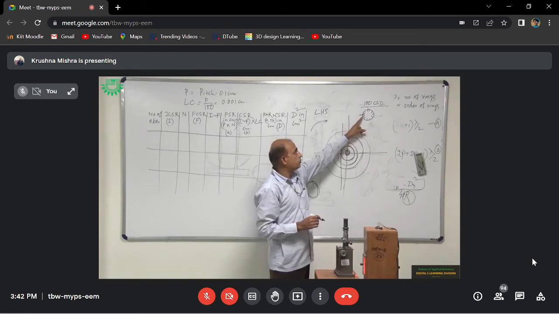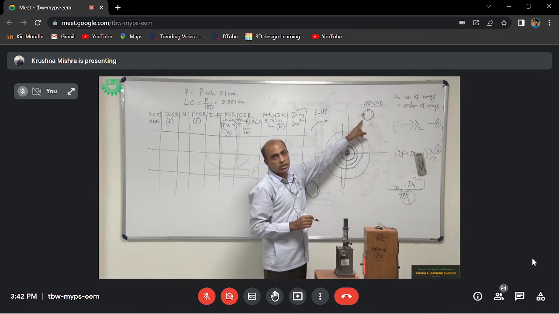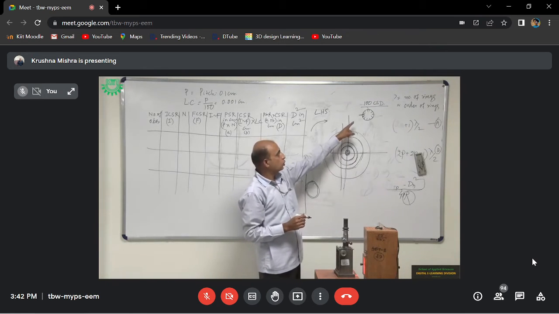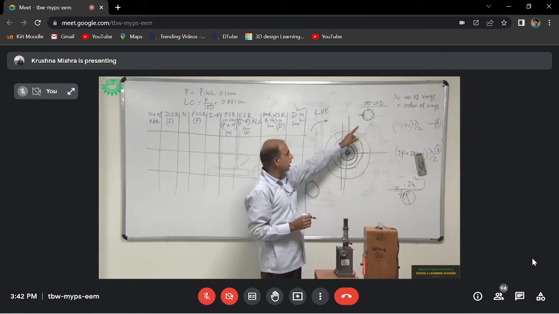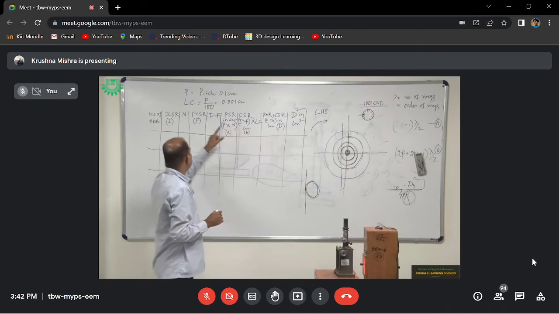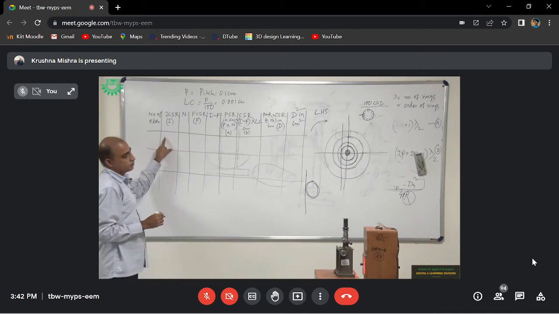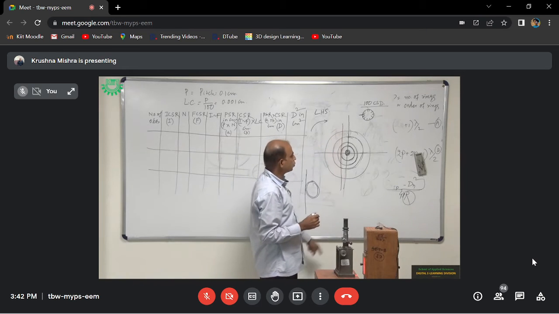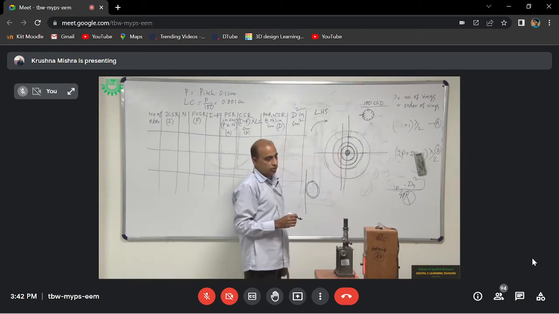If this reference mark is in between two lines, we will take the lower one, as in the screw gauge and spherometer that we have already taken in our previous experiments. So the lower mark should be considered, and that will be taken as the initial circular scale reading. After we keep this vertical crosswire exactly tangential.